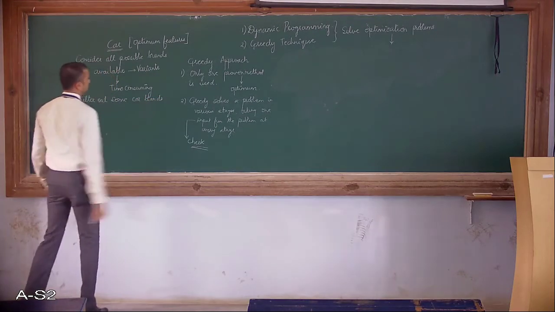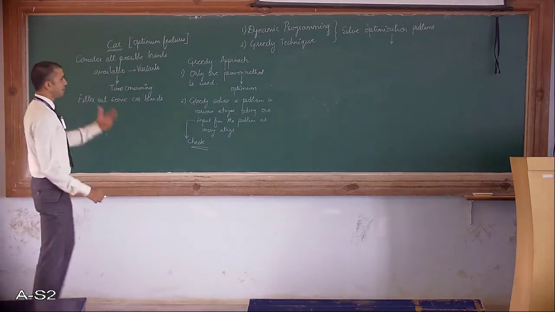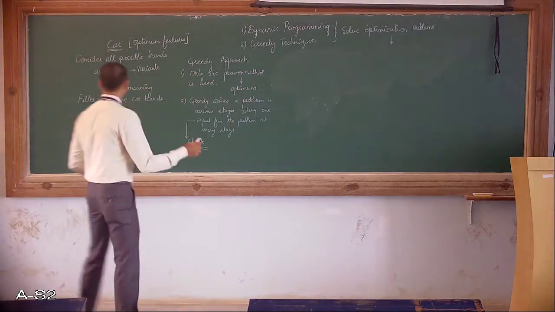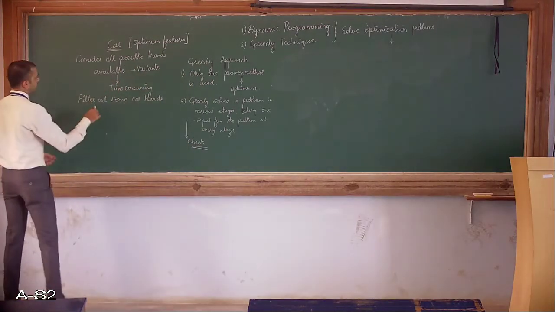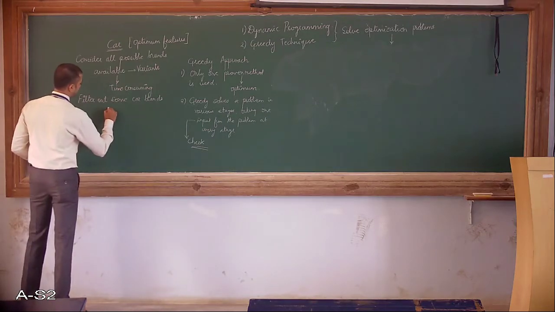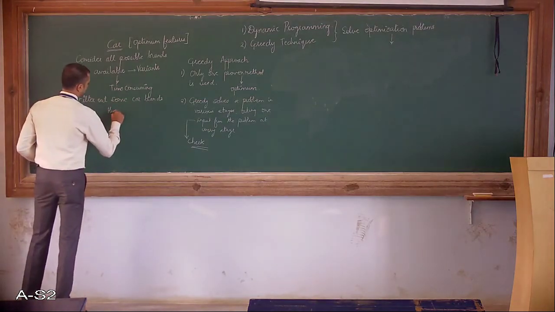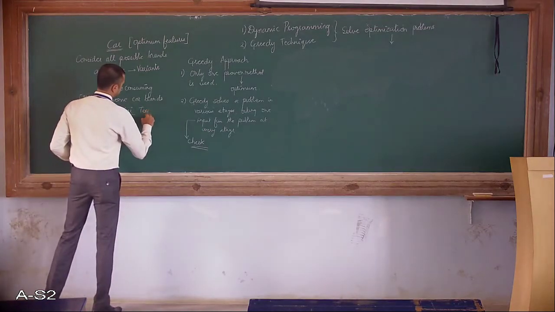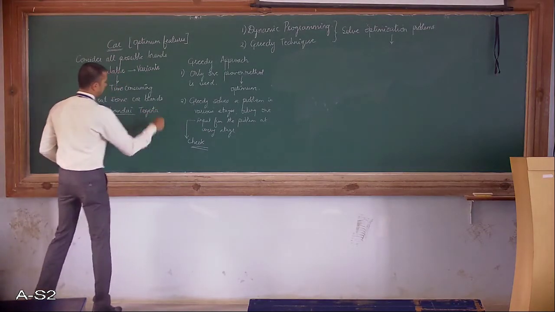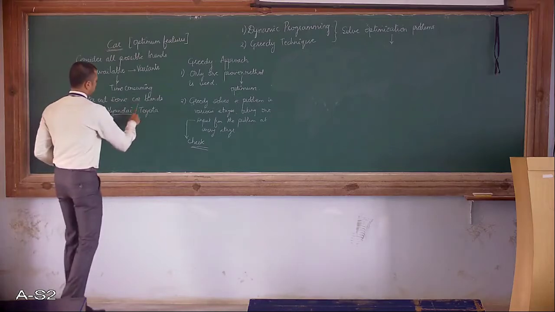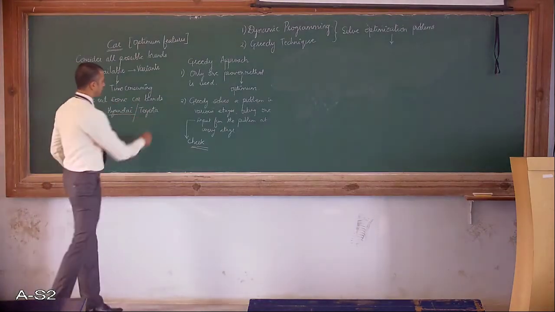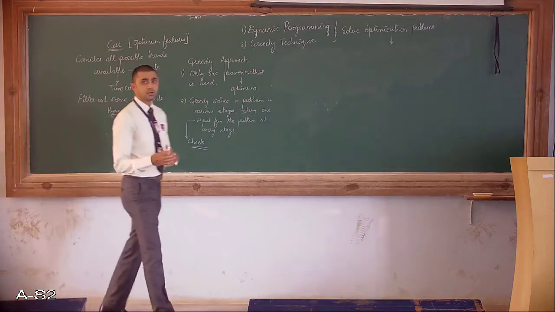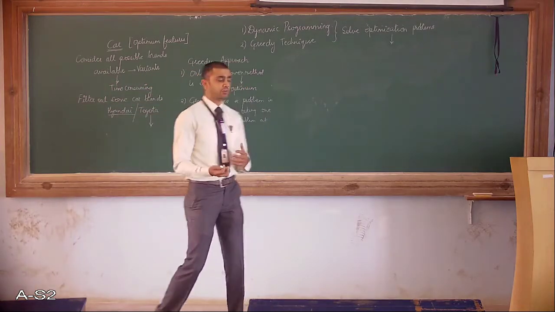We'll filter out some of the car brands. Say you have filtered and you have come up with only two brands or one brand. Say after filtering out all the different types of car brands, you have come up with, say, Hyundai or Toyota. So after filtering out, say you have selected a car brand called Toyota. So in this Toyota, again, you will be filtering out the variants.